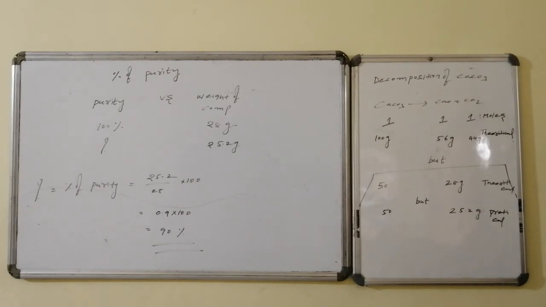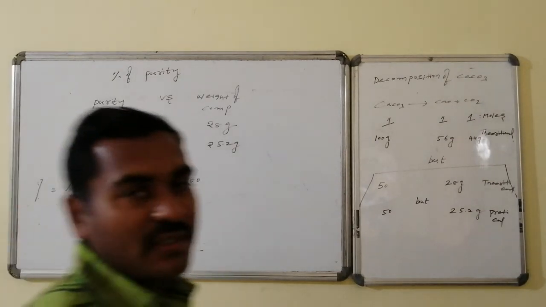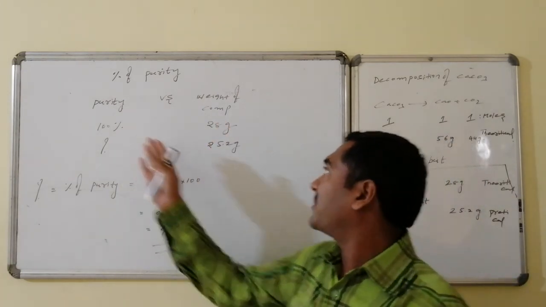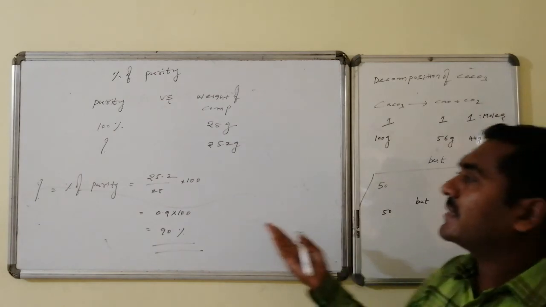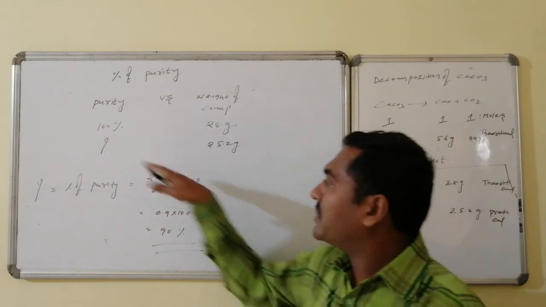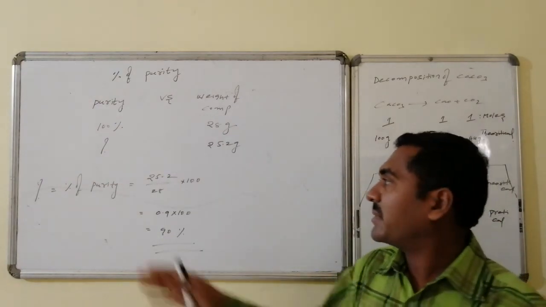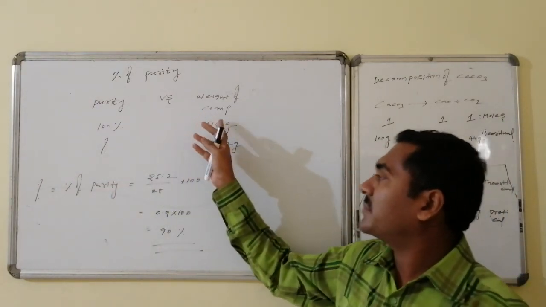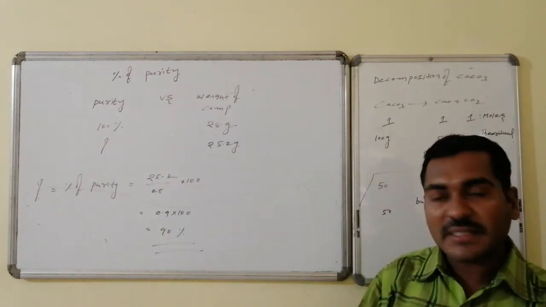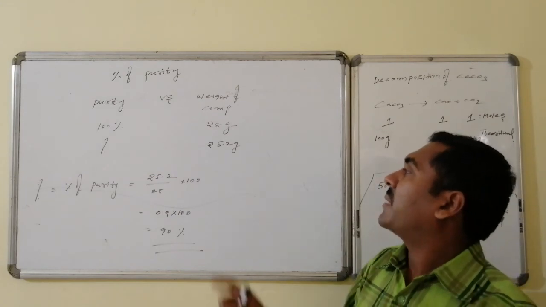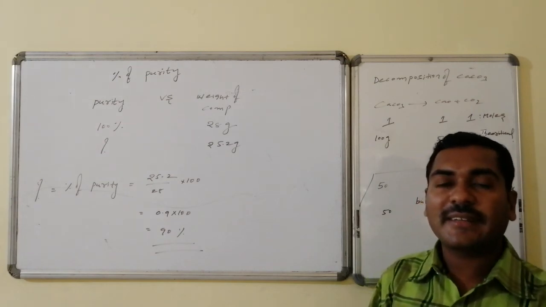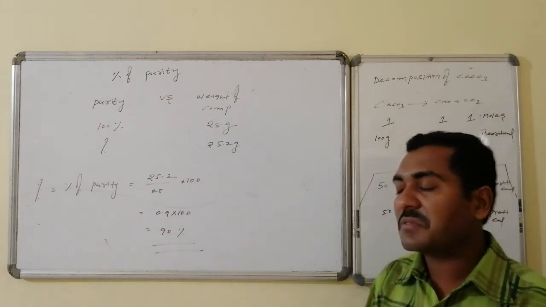So, for the calculations related to the percentage of purity, purity versus weight of the product compound: if it is 100%, we are expecting 28, whereas it is some other percentage, that's why we are getting 25.2. So what is that percentage? On cross multiplication, these two multiplication terms become equal to these two. So the question mark, that is the percentage of purity, becomes equal to practical weight by theoretical weight into 100. Practical weight is 25.2, theoretically expected weight is 28, into 100 becomes equal to how much?